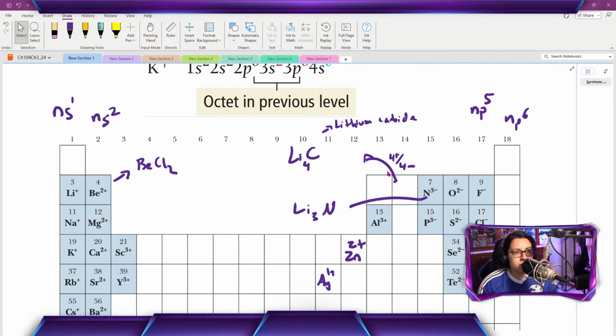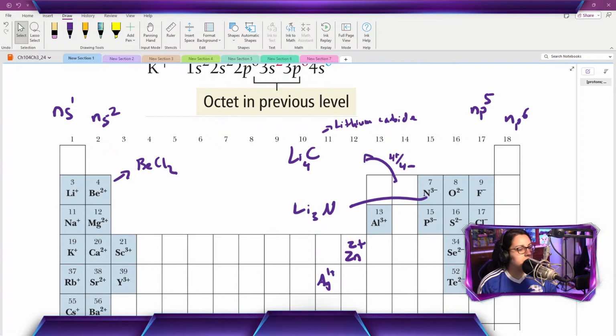But oftentimes these glove boxes have nitrogen, since that's a lot cheaper than using argon. But the problem is lithium exposed to nitrogen over time makes lithium nitride,